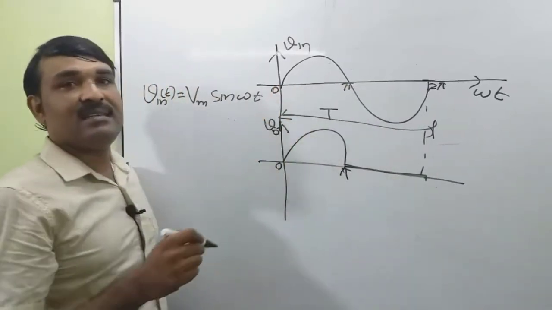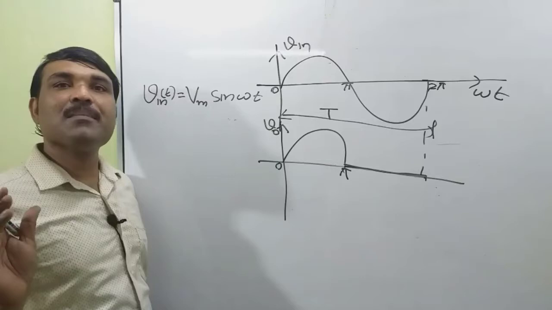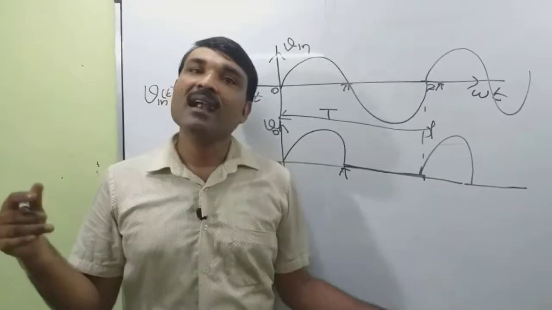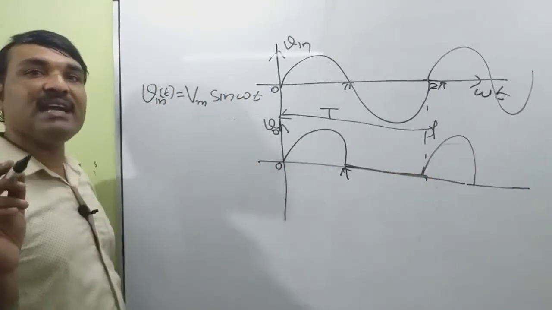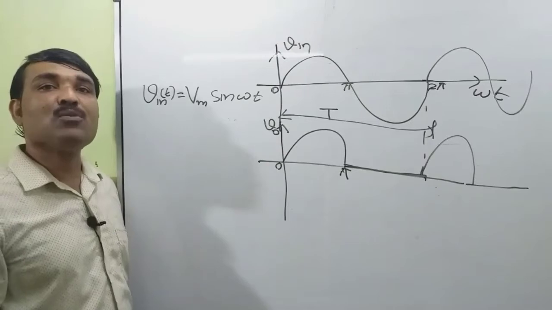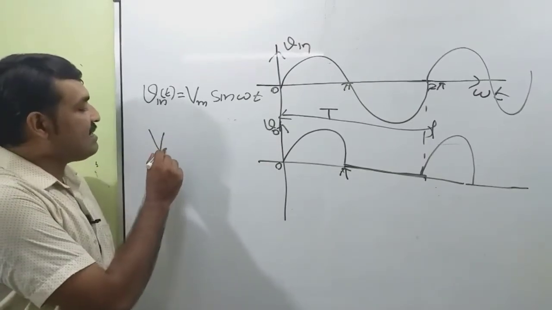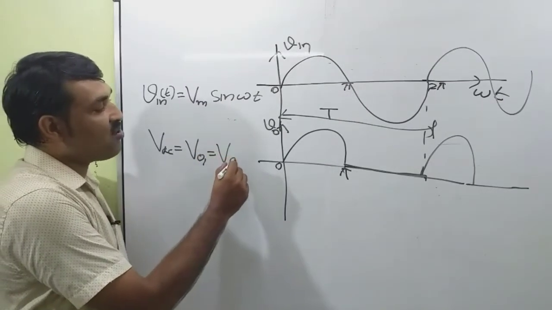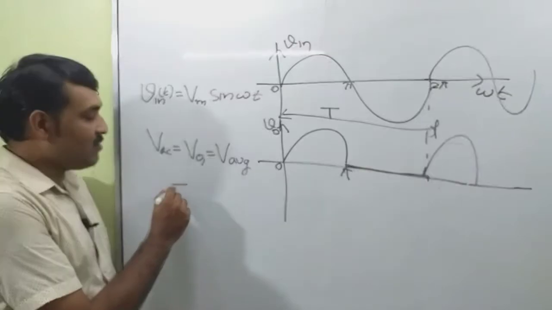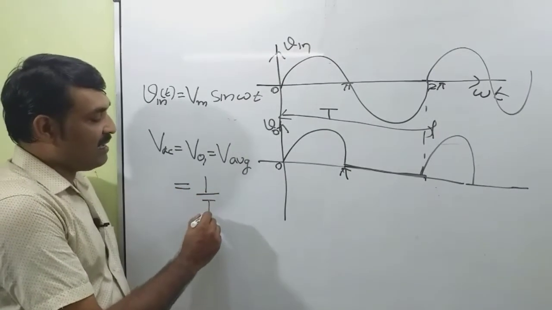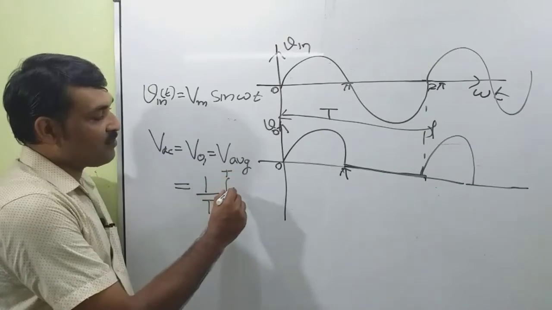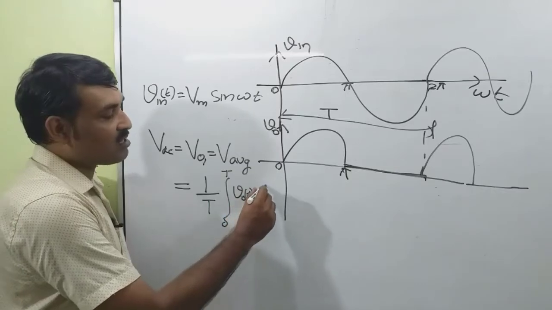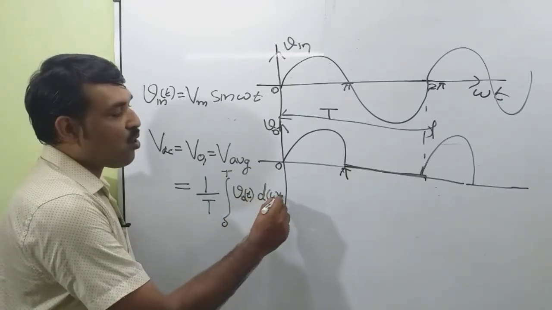Okay, right. Now, this is a periodic signal. Then for the other half cycle, this will look like this, and this will continue. So we have to find the average value of the output signal, or VDC, that is equal to V output average value. That can be obtained by using this integration, 1 by T integral 0 to T V of t, that is the output signal, with respect to d omega t.